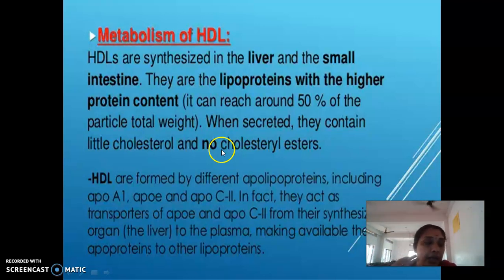So in return, they will be accepting the TG from those lipoproteins. That's VLDL. VLDL is responsible for transporting the endogenous TG, right? So this endogenous TG containing VLDL will be slowly delivering the TG, triacylglycerol, to the peripheral tissues, to the adipose tissue, skeletal